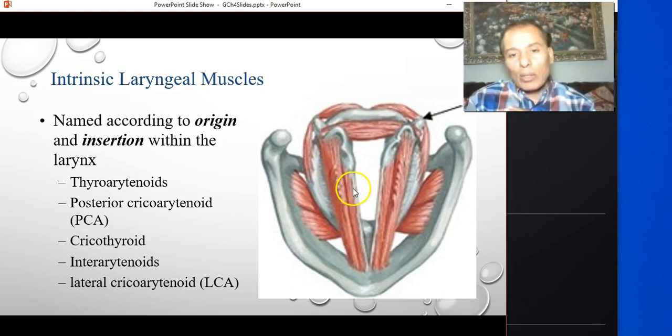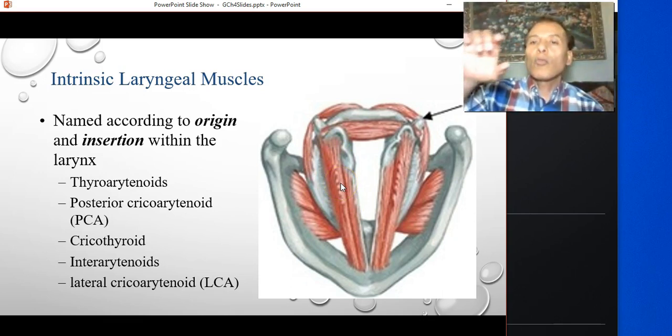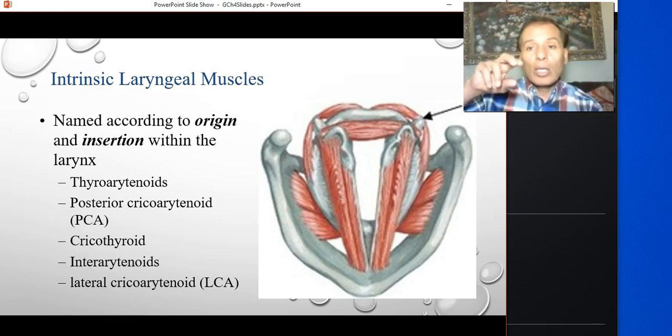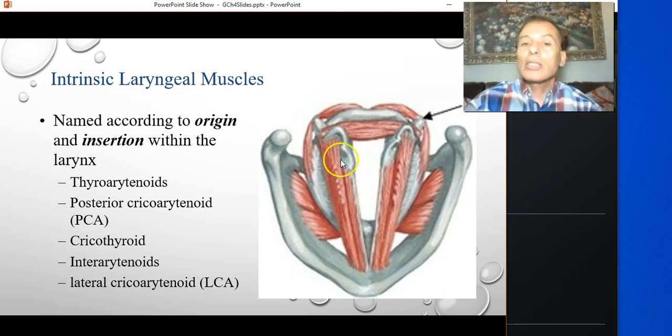The muscle next to it, that is also part of the vocal fold, is called the thyromuscularis. Remember it from muscular. So both of these two pieces make one muscle called the thyroarytenoid, which means the vocal fold. Thyroarytenoid is the anatomic name of the vocal fold. The thyroarytenoid muscle is divided into two little strands of muscles. One is called the thyromuscularis, the other one is called the thyrovocalis.